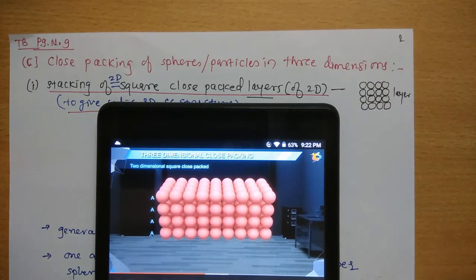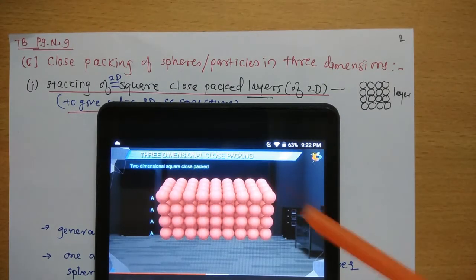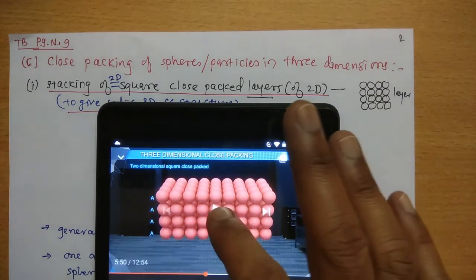Okay, and all the layers, see here, the layers are exactly above one another. That's why the first, second and third layers are all aligned and the same. That's why this type of arrangement is called an AA type of arrangement.